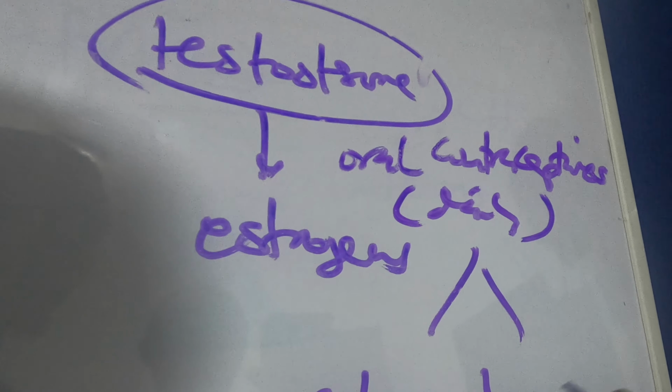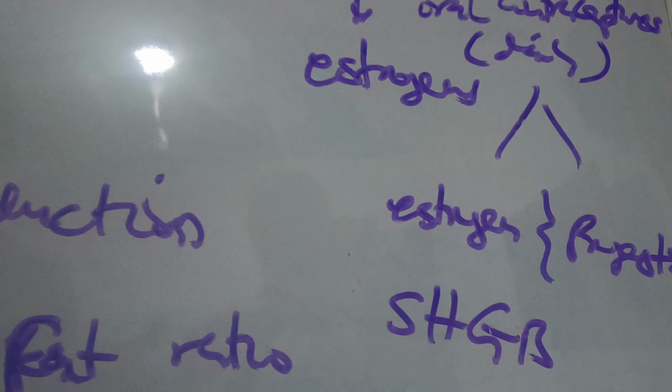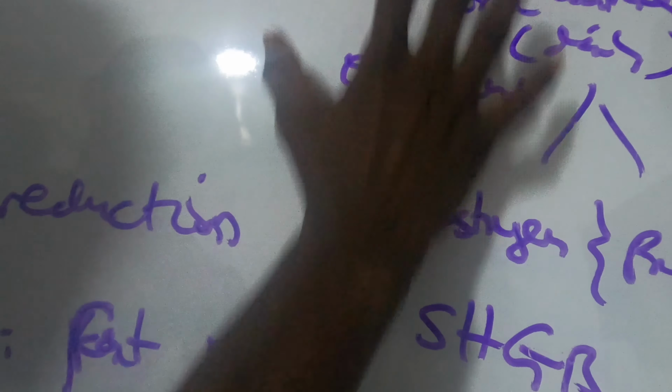What it does is that this estrogen stimulates the liver to produce a certain hormone we call the steroid hormone binding globulin protein. So this hormone is actually what binds to testosterone. So we are expecting that once this hormone binds to this, then of course this whole reaction will leave the system. And in that case, we are going to reduce the levels of estrogens produced by this reaction.